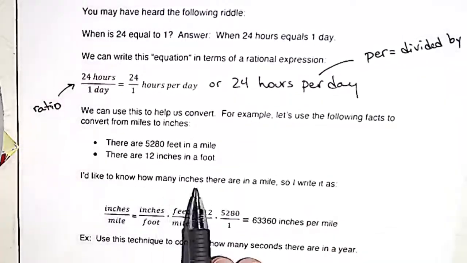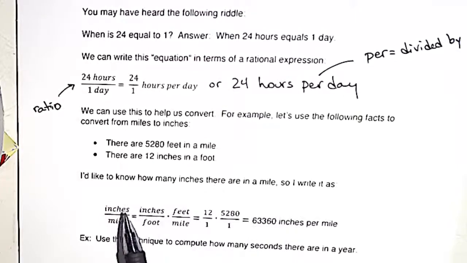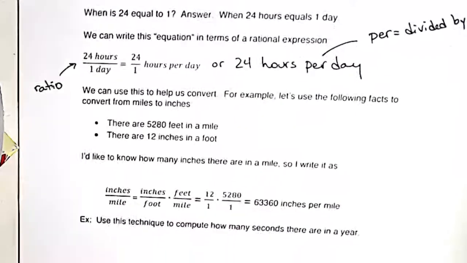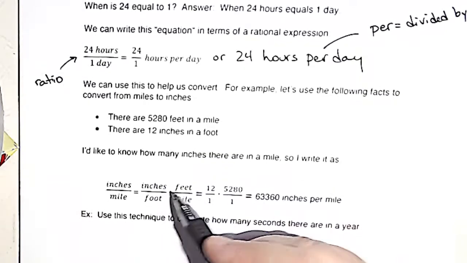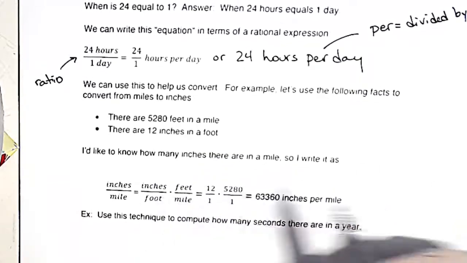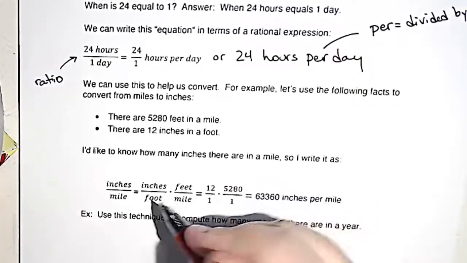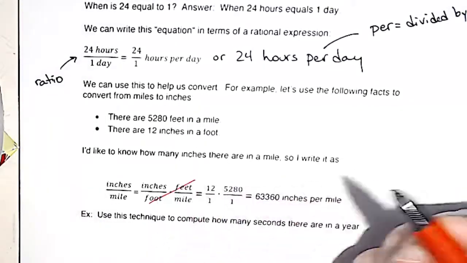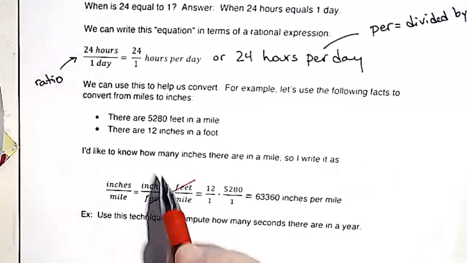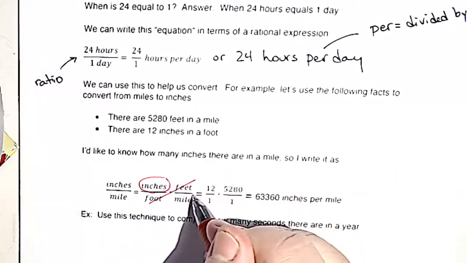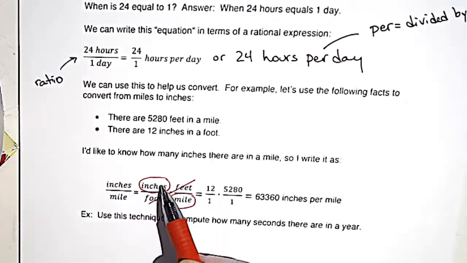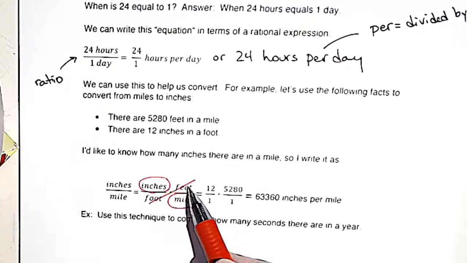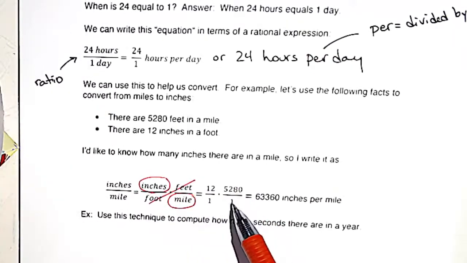If I'd like to know how many inches there are in a mile, I write inches per mile, and then I do something interesting. I know inches per foot, right? And if I multiply by feet per mile, notice that the feet cancel. And all I'm left with is inches on top and miles on the bottom. Inches per mile. Inches per foot is 12 to 1. Feet per mile is 5280 over 1. So I multiply and got